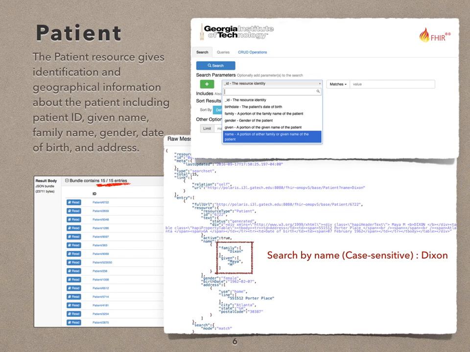So the patient resource gives identification and geographical information about the patient, including patient ID, given name, family name, gender, date of birth, and address. I searched by the name Dixon, which is case sensitive to search, and I found 15 entries for patients with family